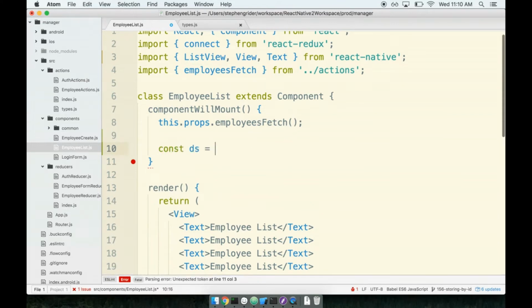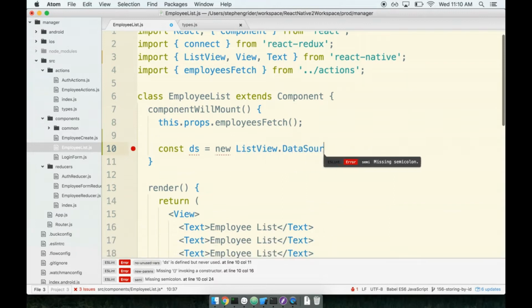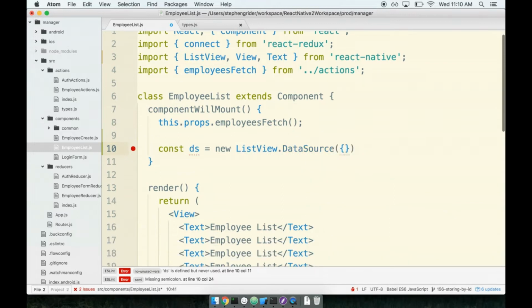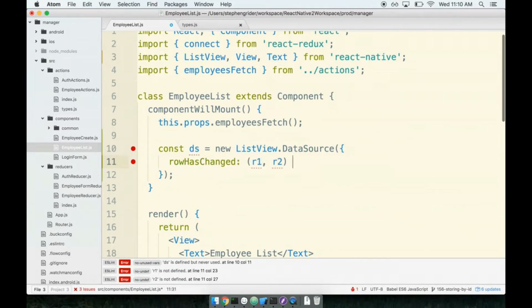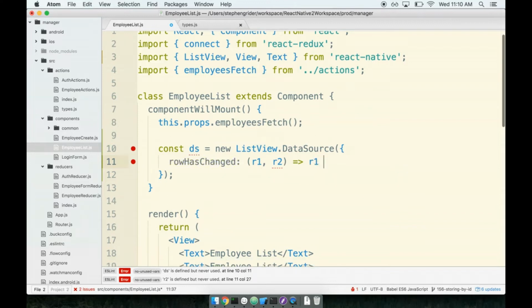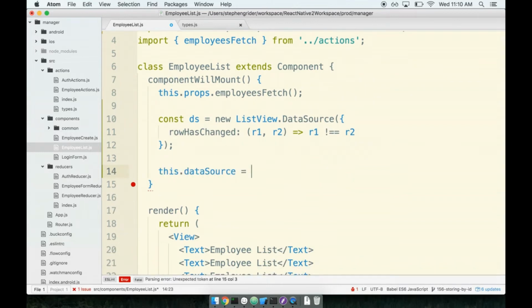So let's put together our code for creating our data source. Say const ds, remember this is all that data source stuff. And then we add in a rowHasChanged. This is what detects whether or not, or basically the order in which all the records are going to be added in here. And then we'll assign our data source, which is going to be the source of data for the list. So ds.cloneWithRows,